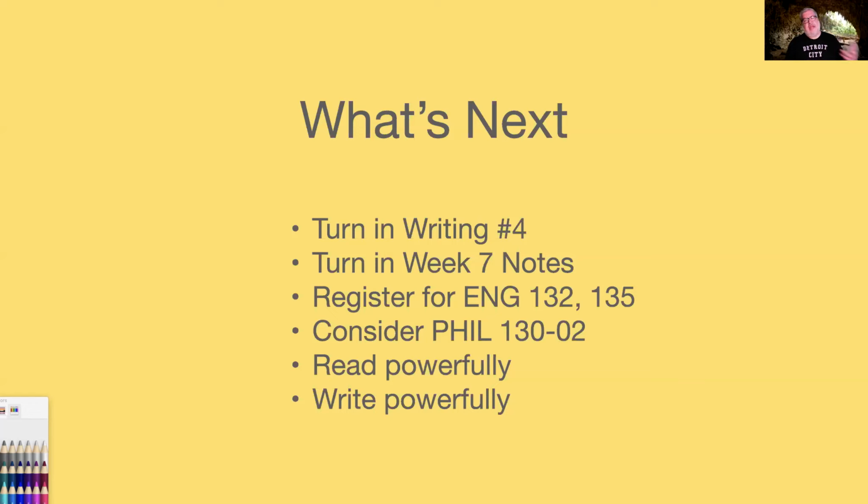English 132 is academic research and writing, where you learn more about how to find the sources you need, how to use the sources you need, and how to do academic research in a meaningful way that allows you to progress your arguments. And English 135 is business and technical writing, where you learn about how to write within a confined context or for a specific purpose within the business and technical fields, and you learn how to do the research you need to do in order to be able to write in those fields. Both are great classes. Most people take English 132, but English 135 is also a great course, so I highly recommend them both. And you'll learn a lot out of them.